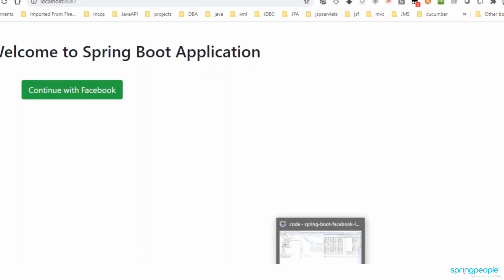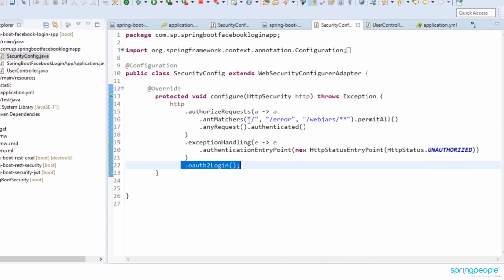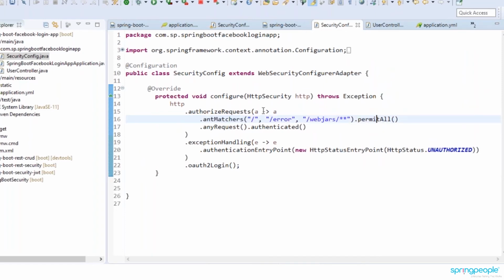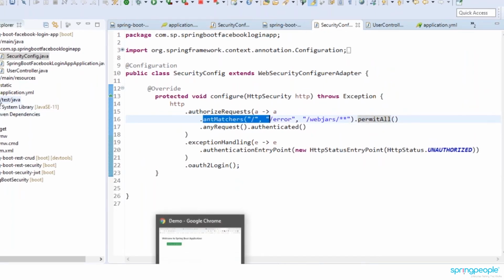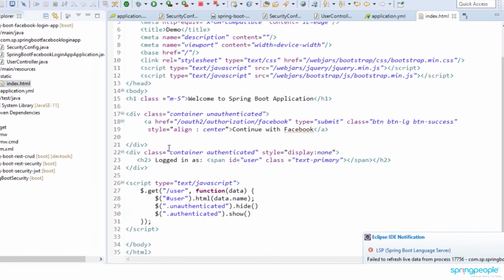I have configured here, if you go to Spring Security, I have configured slash, slash error, webjars. These are all permitted all. It does not require any permissions. So that's why this page, the index.html, is not taking any permission and it is displaying.